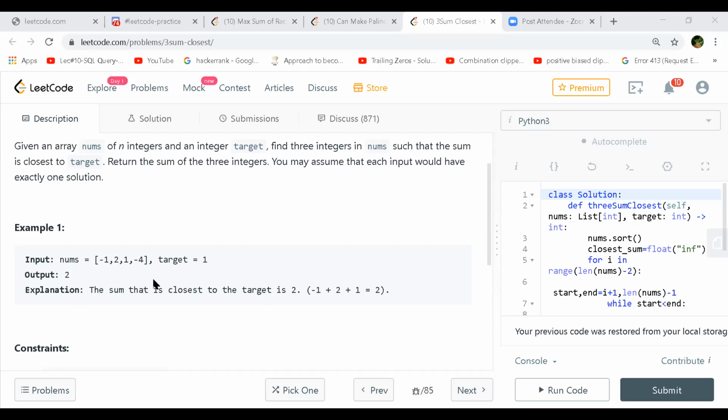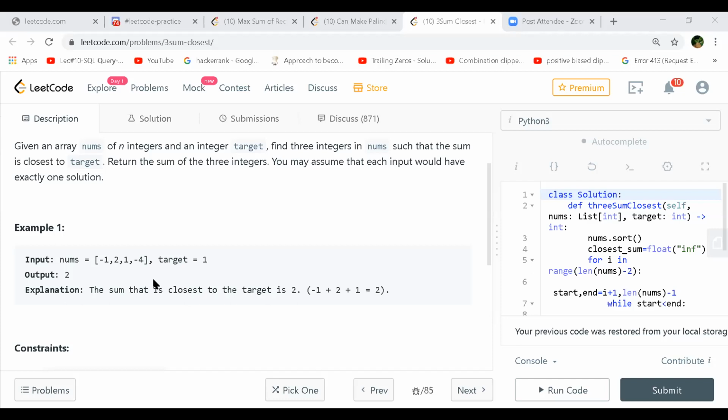Right, exactly. And in the code shared in the chat, it just looks like he has added the first 3 integers and is just checking if it is greater or less. In any way, it is returning the sum. Looks like that. Yeah, I don't think that's accurate. I can't comment, but he's not taking care of the distance, right?